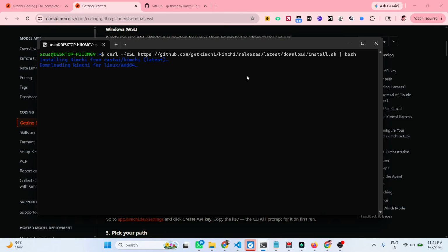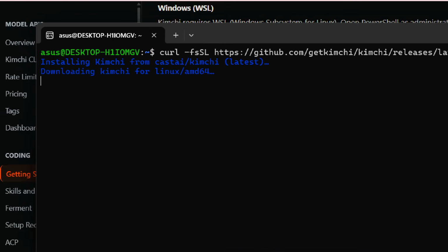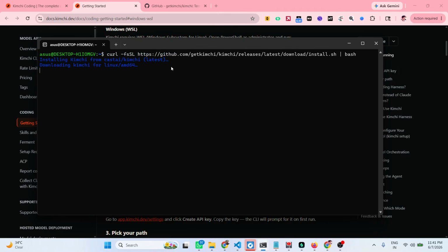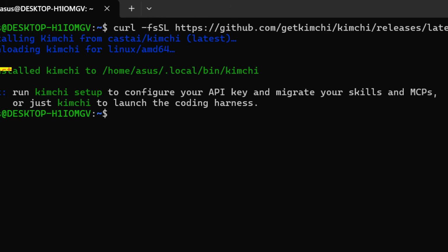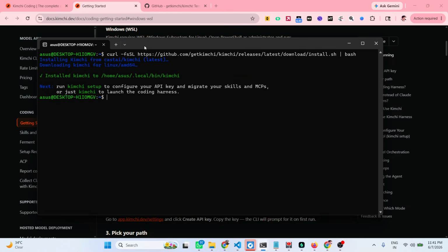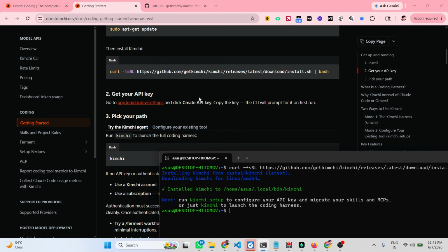Now if you see, it will download this AI coding agent and install it. Once the download completes, you will see that. So the setup is quite simple. After you do that,